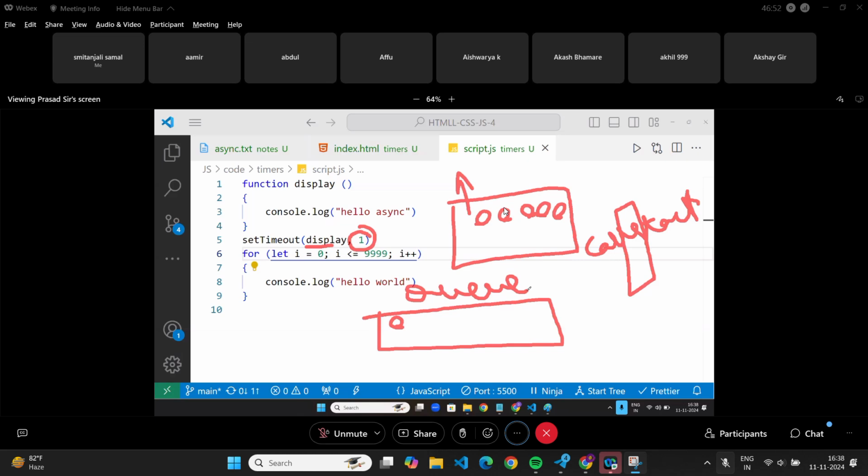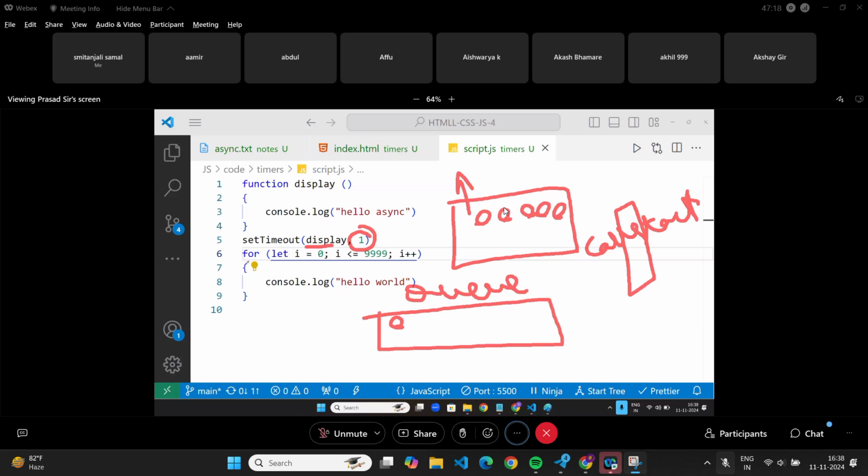But a queue is like, whoever goes first, that guy will come out first. Like literally a movie queue. We always stand, and if we go first, we will come first. Any doubts? No. So this guy is in the queue now. Display, I threw it in the queue. He said, I will answer in 1 millisecond only. But will JavaScript listen? Even for 1 millisecond, it just throws it into the queue.